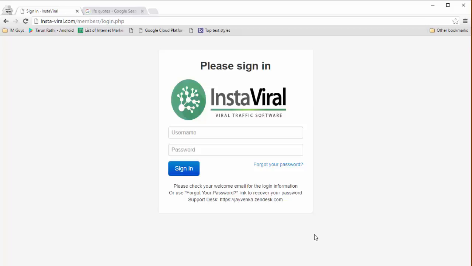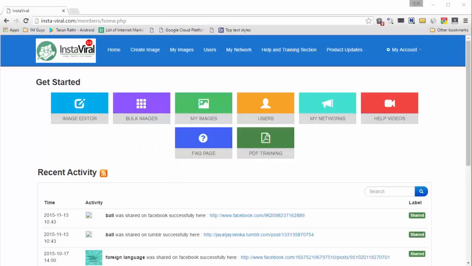Let us see how this works. So when you go to the InstaViral page, you will see a username and password asking you to log in. So let's log in and see the home screen again. So here I have logged in and I'm on the InstaViral homepage, and here you can see all the different